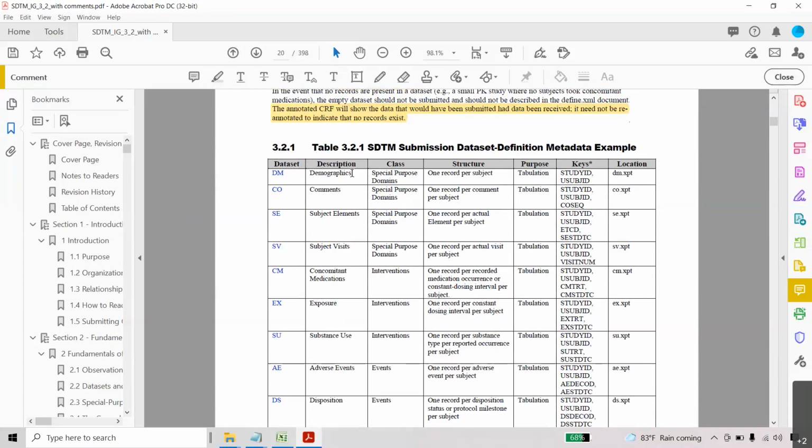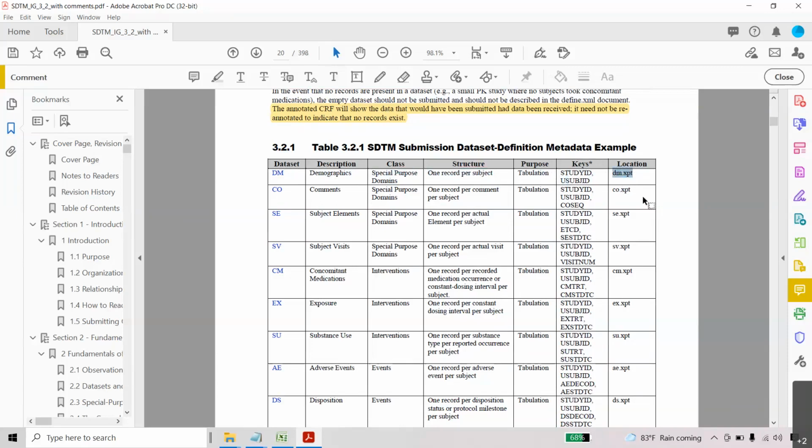On this 28th page, they gave the demographics domain, its classification, in which category it comes, and what the structure is. It is very important. One record per subject for the demographics domain, and the important key variables are study ID and unique subject ID, and how it should be submitted: XPT.